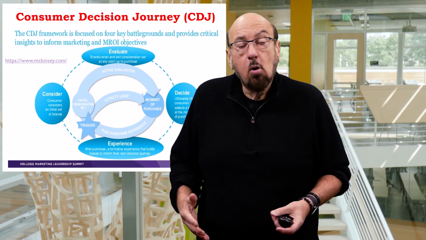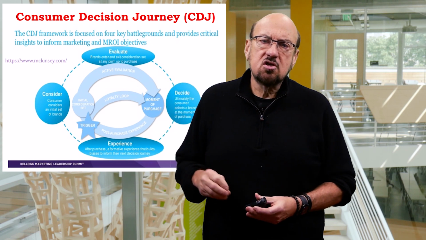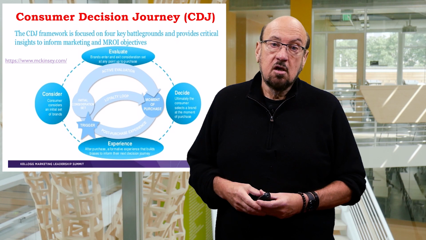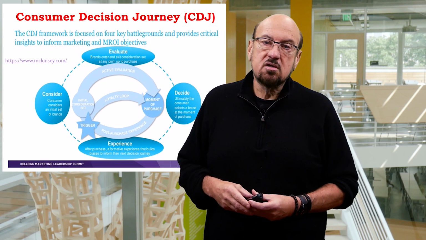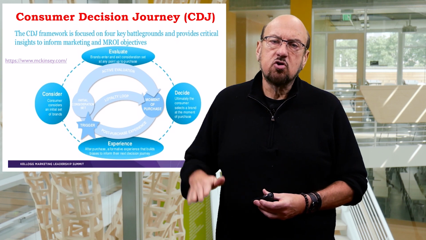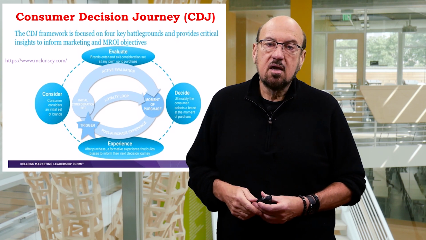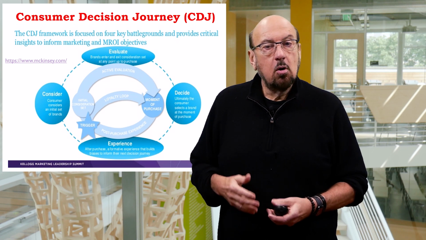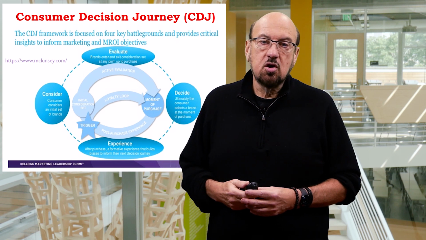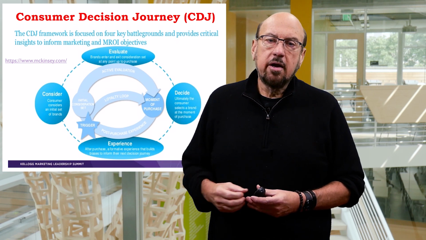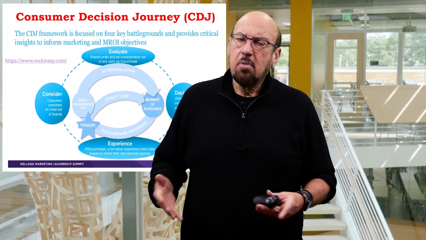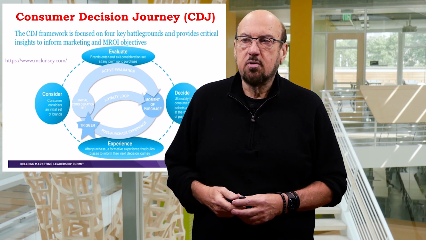Or maybe it's a decision where there's considerable risk, economic risk, social risk, physical risk. There's a number of different categories of risk that we can look at. And I really want to put more energy, more time and effort to reduce the risk of making a bad decision. So understanding the decision process. So an extended decision process would be employed when consumers have a perception that there's substantial risk. Buying a house, buying a car are typical examples for that.